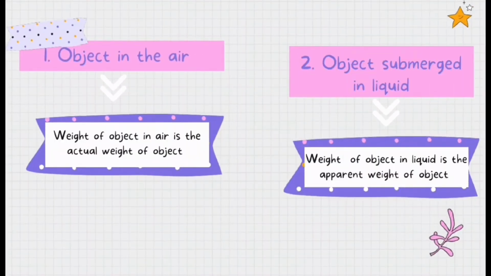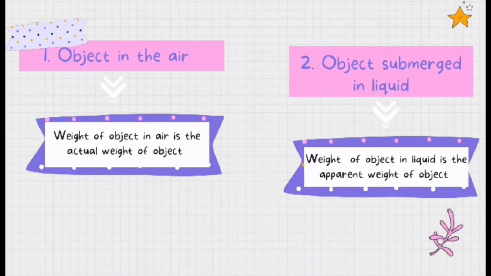So, we need to change the 40 gram into weight, which is by using the formula weight equal to mass times gravitational acceleration, and then we got the weight of the water being displaced, which is the buoyant force. Thank you. From the experiment and demonstration, we can conclude that first of all, the weight of the object in